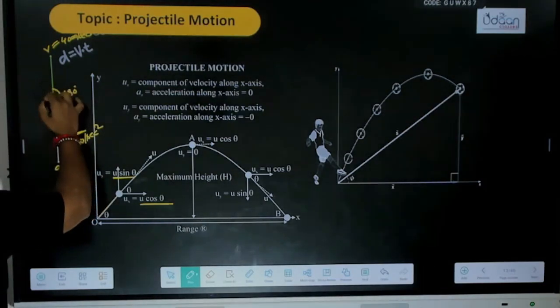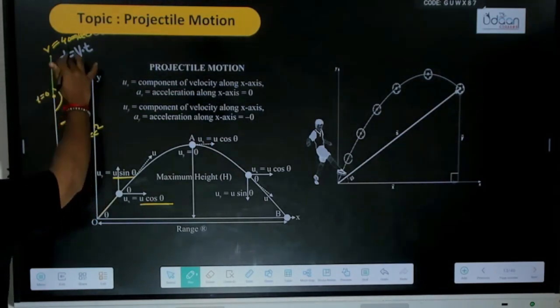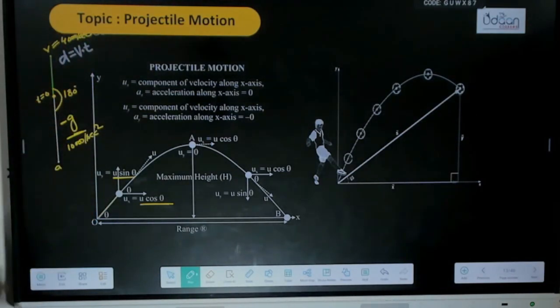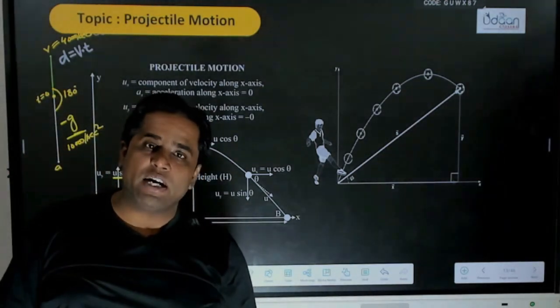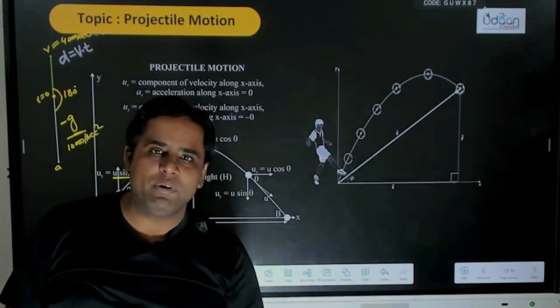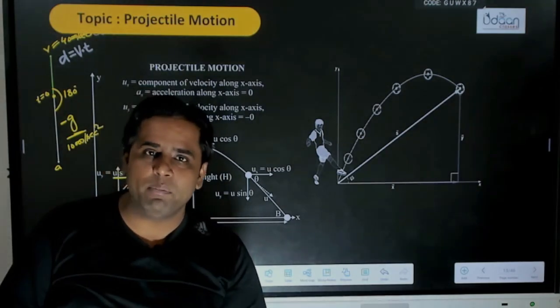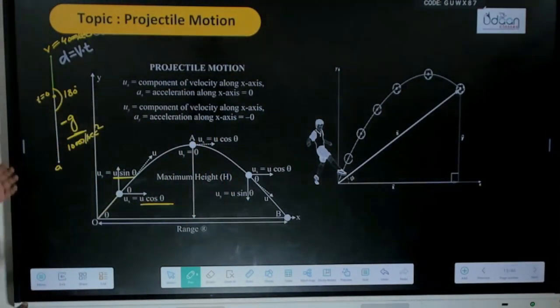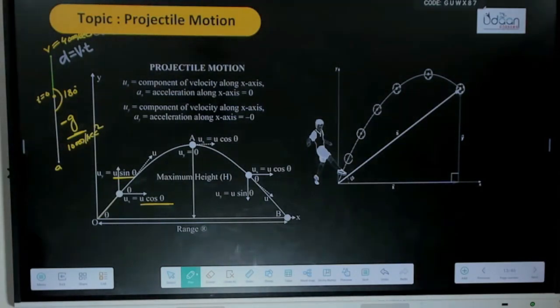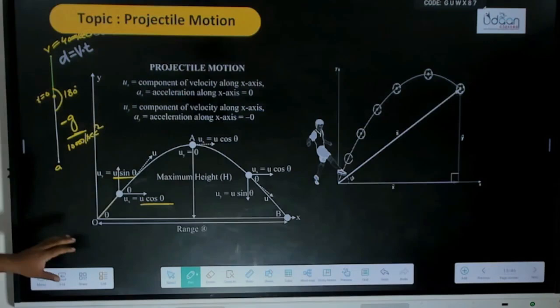So if it has been taken from t equals 0 and the value of it is 40 meter per second, then at t equals 1 second, it will be decreased by a factor of 10. So it will become 30 meter per second. How much will it become? 30 meter per second. So the value is decreasing by a factor of 10 every second. Yes. So depending upon this concept, if I am applying it